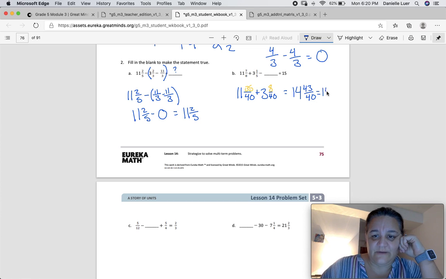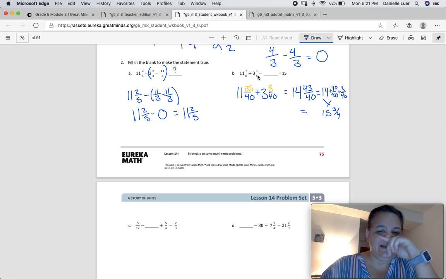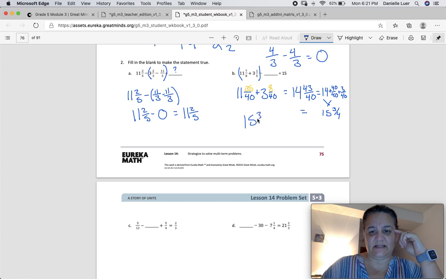So that would be 14 plus 40 over 40 plus 3 over 40, which actually equals 15 and 3/40. Okay, so this all together equals 15 and 3/40. Now I still have to figure out